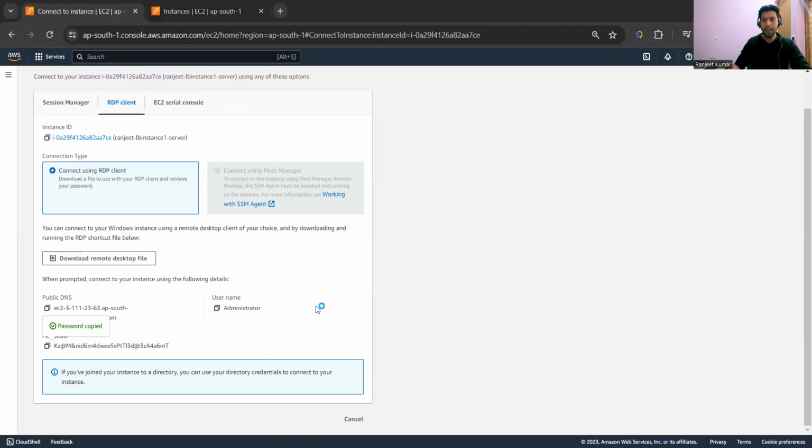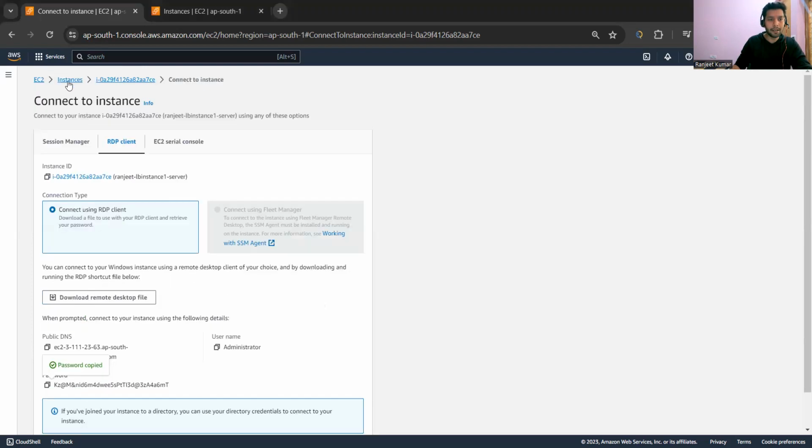What it will do is revalidate these things from the AWS front, whether the key is correct or not, and then it will launch the browser. Similarly, I want to save this password for the time being. Meantime, while it is launching, let me open one more session